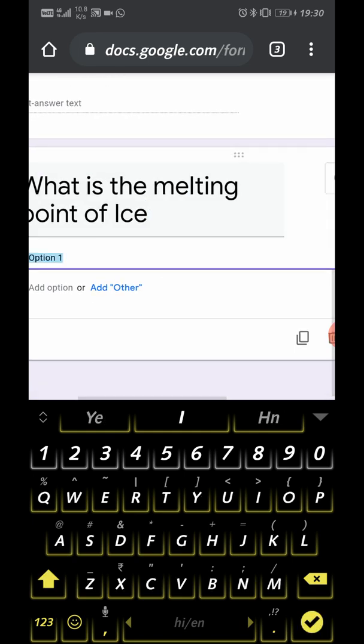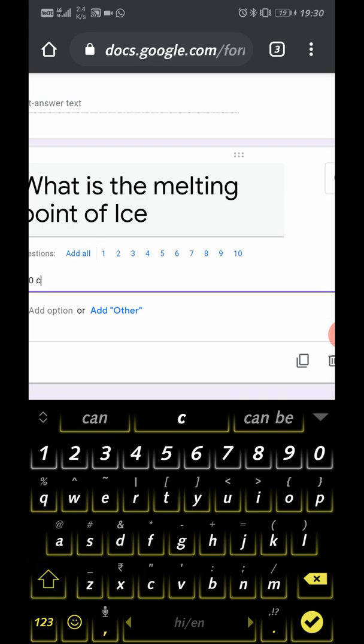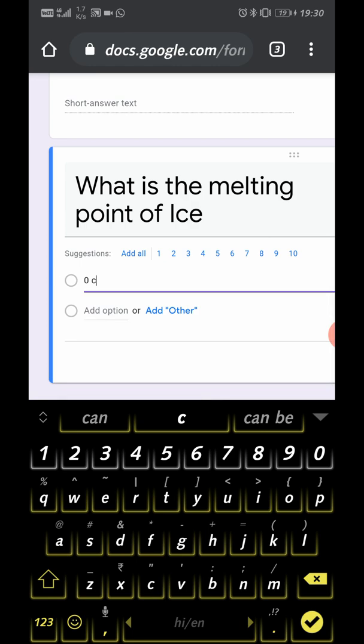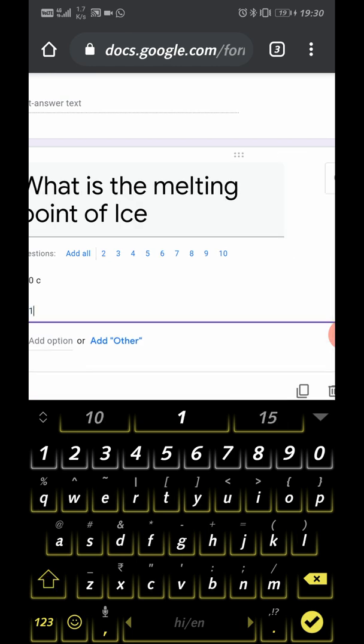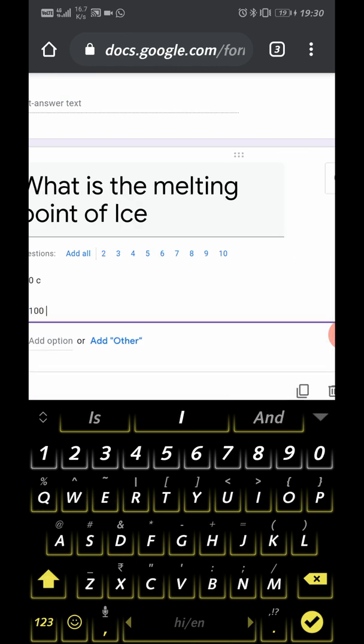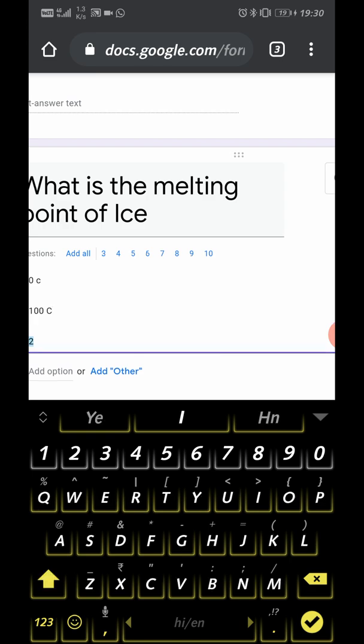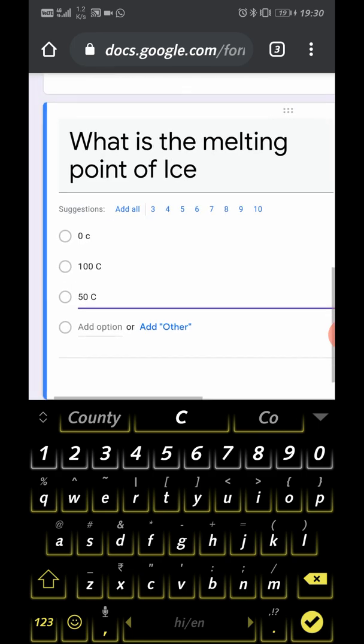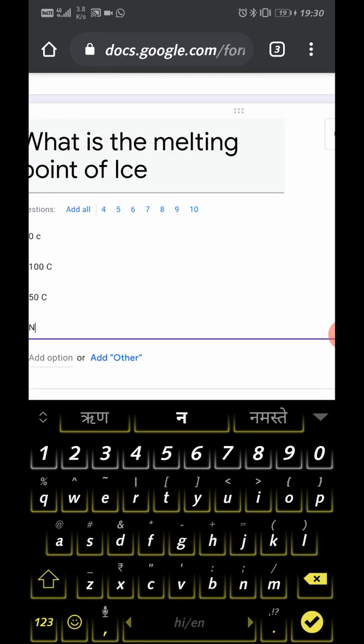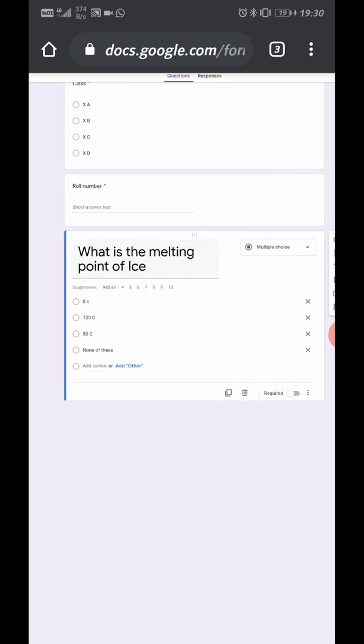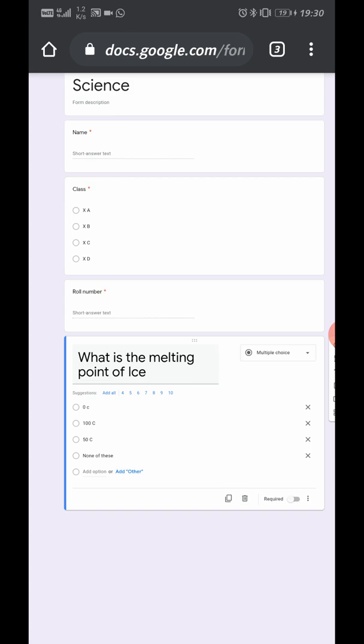So the first option will be 0 C. Next option will be 100 C. Another option 50 C. Next option none of these. So guys, this is the multiple choice question.